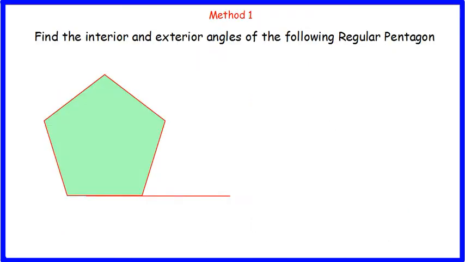Okay, so let's look at method 1. Find the interior and exterior angles of the following regular pentagon. Okay, well, my interior angle is this one. My exterior angle is that one. Now for method 1, I'm going to use what I used for irregular polygons. It has 5 sides,